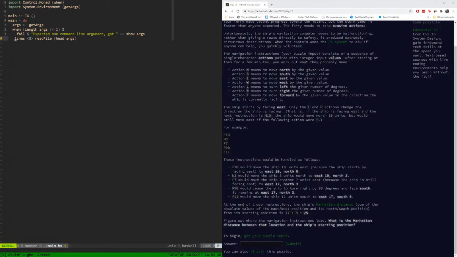Break by lines. I guess there's no reason to create a data type for instructions, because one letter is the instruction, so yeah. What we want to get is a list of instructions, and each instruction. Okay, let's actually define a parser because we need. Okay, we don't need a parser. We just